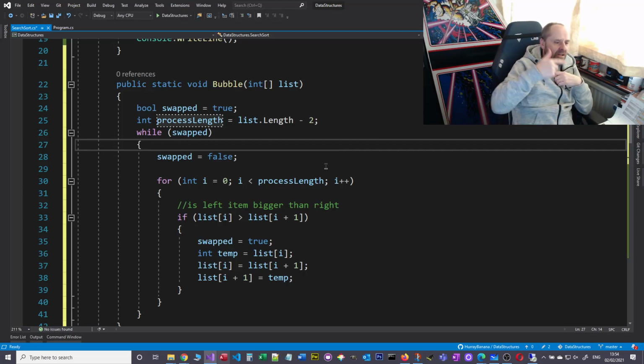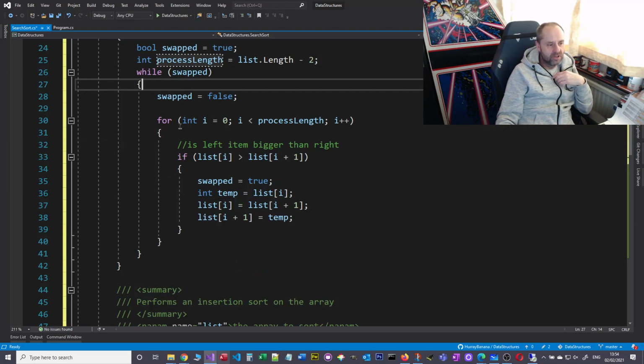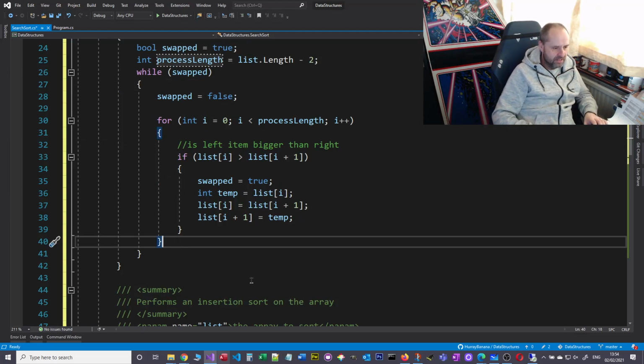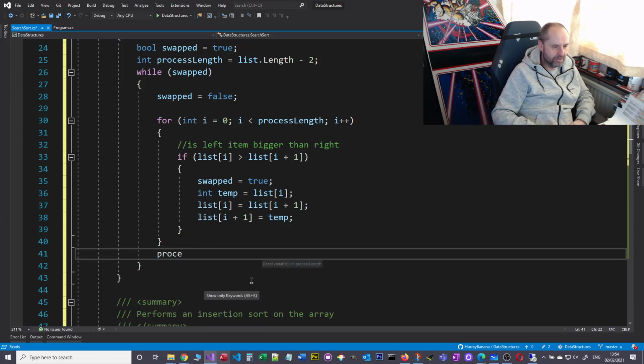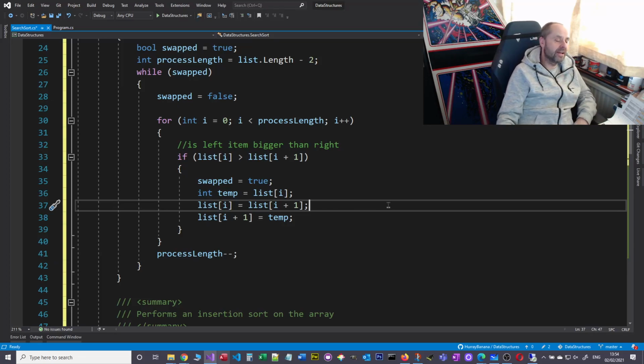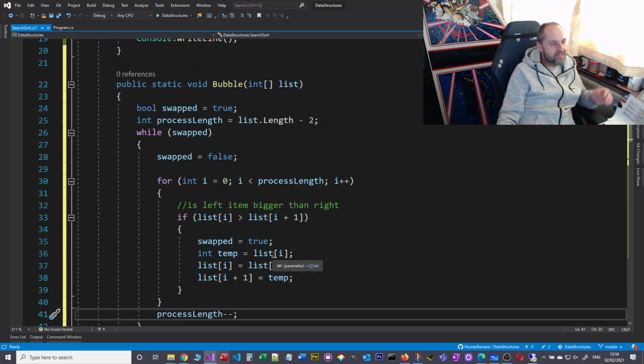Right, so every time we do a pass, the length that we need to process needs to be reduced by 1. So just by making that simple, readable change and making use of a variable, we said, if we get down to the bottom, we should have anchored the next biggest in place. So why don't we just say process length minus minus, reduce it by 1 each time. Eventually it will get down to nothing, and we won't have had to do any swaps. And that is it. That is bubble sort